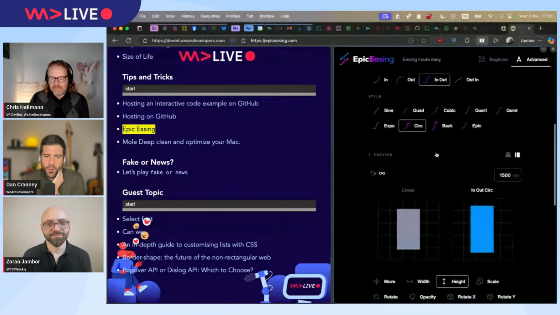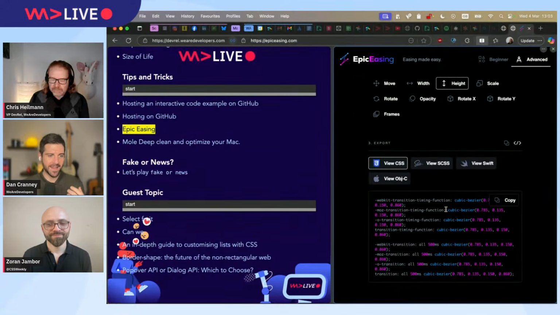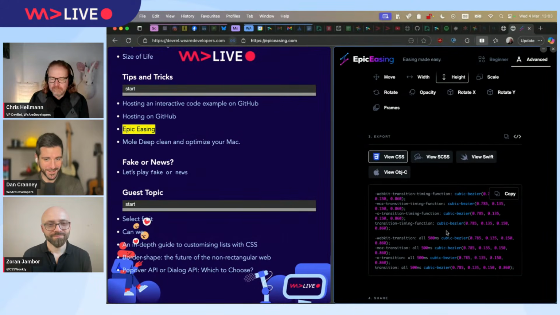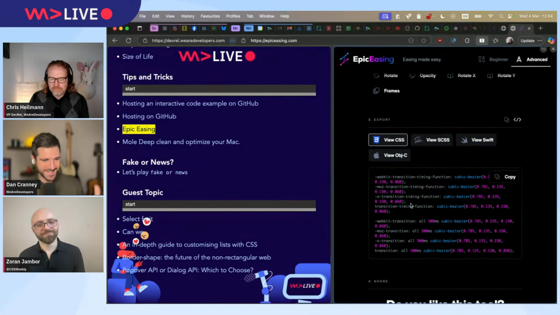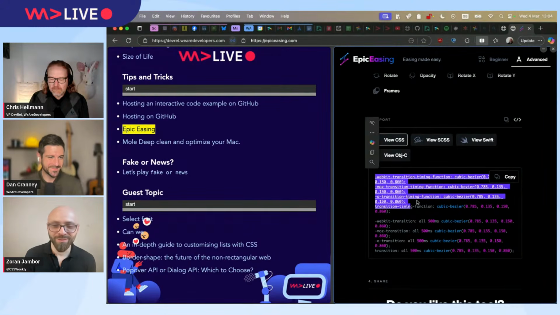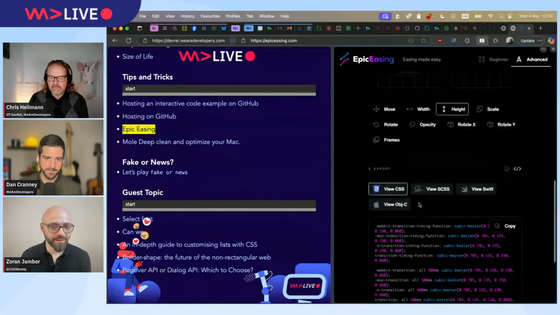So this is just brilliant because it's visual. You can see with the lines, the curves, you know what you're going to get. And look, it's going to save you having to look at that CSS. Although Zoran, something tells me you would love to do that by hand, if only for the newsletter content. But yeah, it's great. No, I wouldn't. I never do these types of things by hand. I love tools like this one, where you have one simple thing that the tool handles for you, because the thing we're talking about here is very visual. I can't read numbers like that to understand what's going to happen in the actual animation.